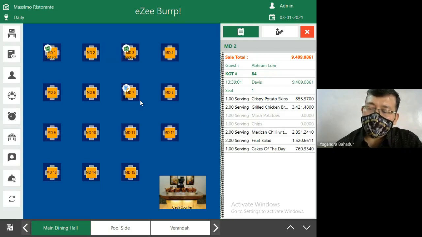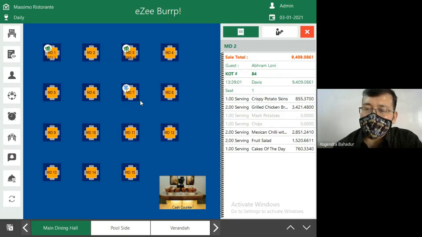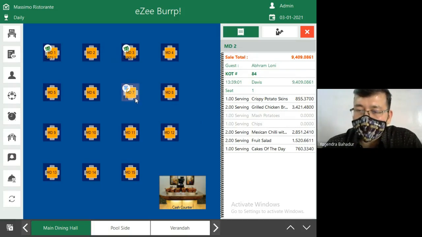Now, taking one more thing. While having the food, the guest wants to place some more order. So what will that be called? Take a simple example: the guest is going to have the murg makhni, and the guest had placed an order for 2 butter naan. But now the guest wants you to increase one more portion of the butter naan. So that particular order would be called a running order.